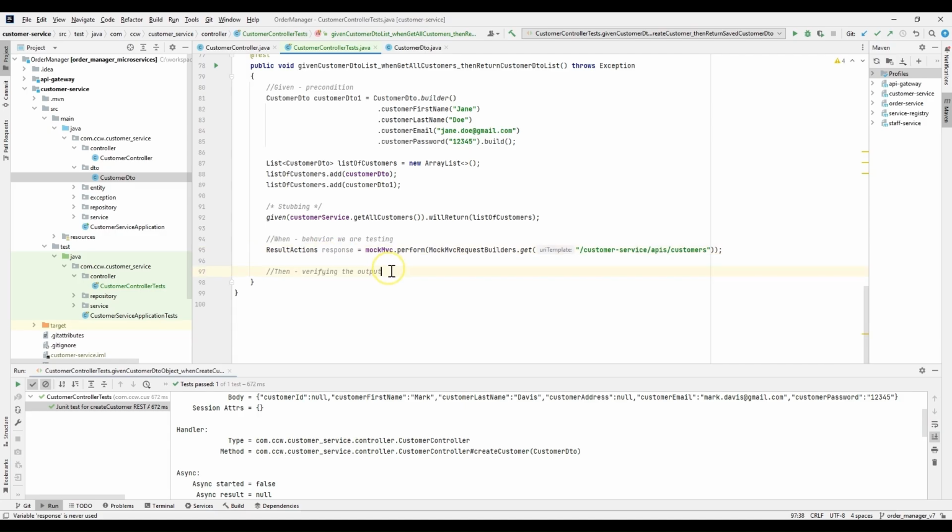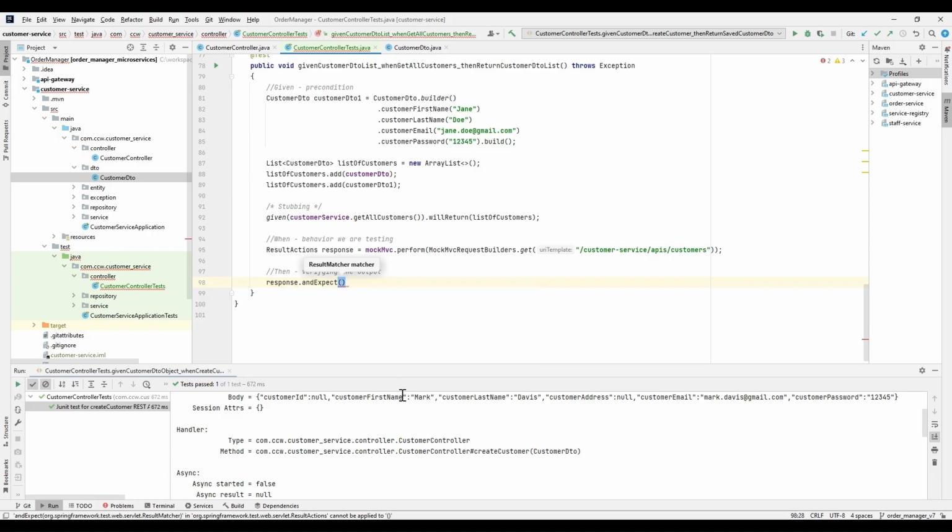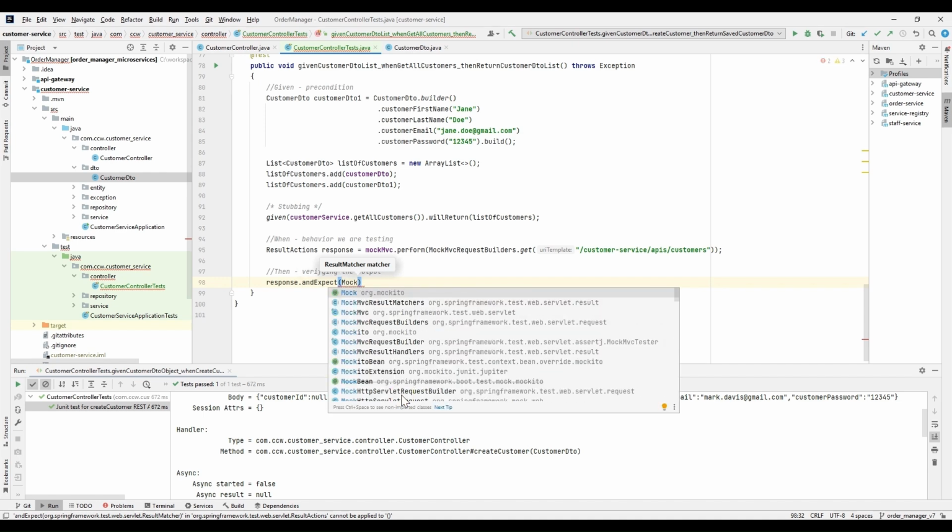In the verifying the output section, we are going to verify the output, and we will use the response object here, and we will use an expect just like before, and I'm going to use mock MVC result matchers,